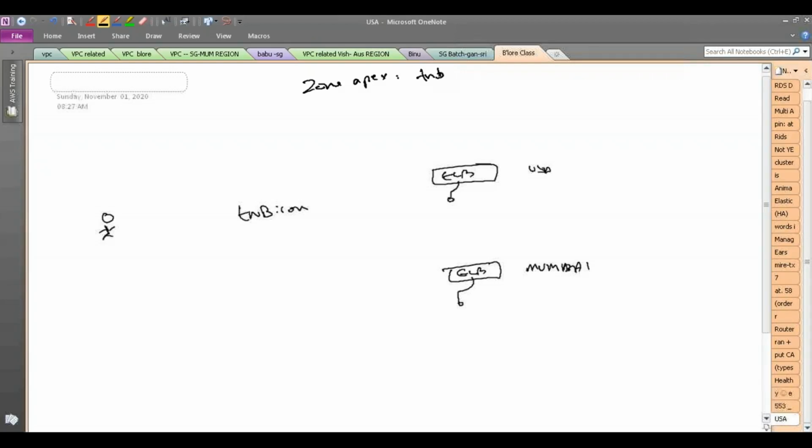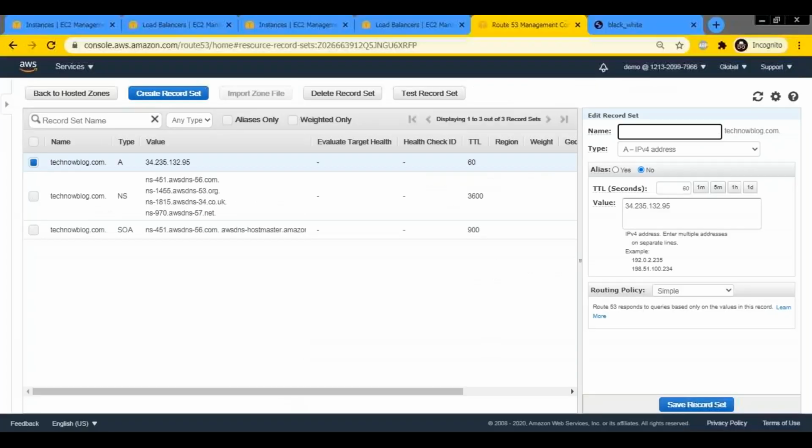And always the zone apex should be an A record or a quadruple A record. You cannot have a CNAME or something like that. That is, your zone apex should always point to an IP address. That is the DNS rule, right? But other things, they can point to different stuff. Now say for example,